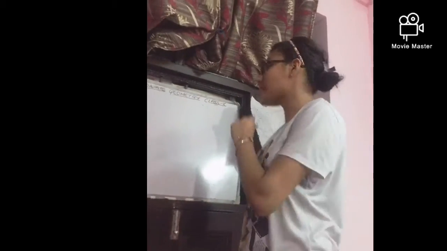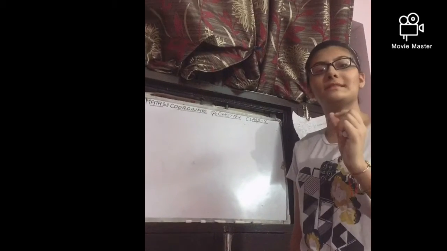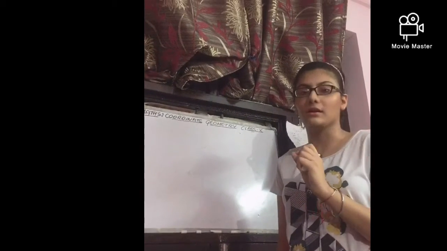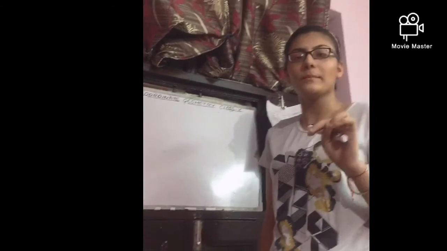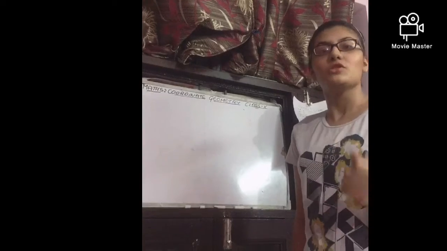As per the new syllabus of CBSE, in this chapter three formulas were there, and from that, one topic or one formula is deleted, that is area of triangles. So there are two main formulas in this chapter, that is the distance formula and the section formula. So I am going to explain that to you.